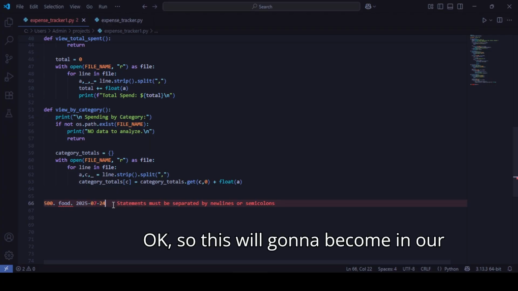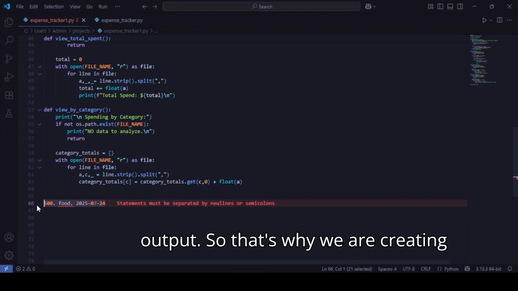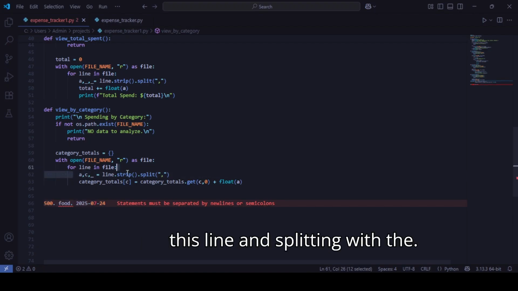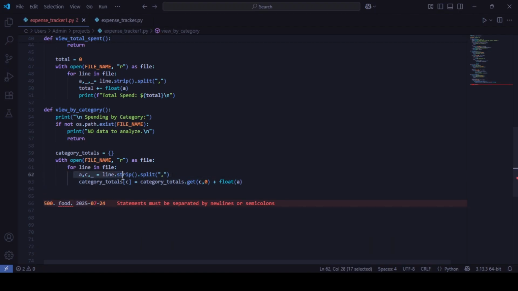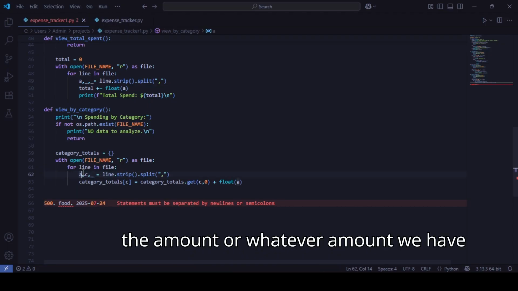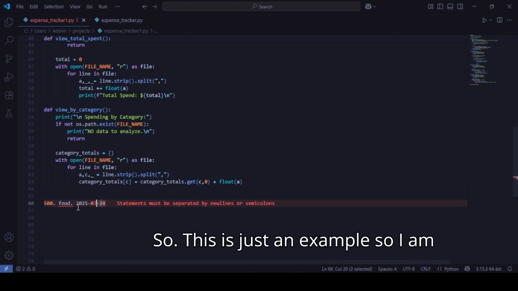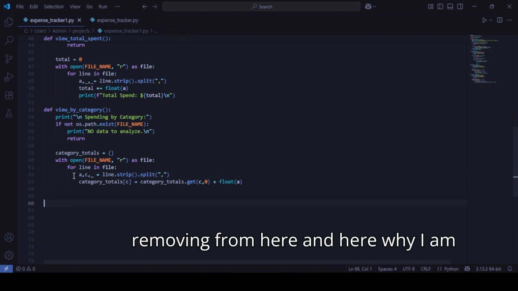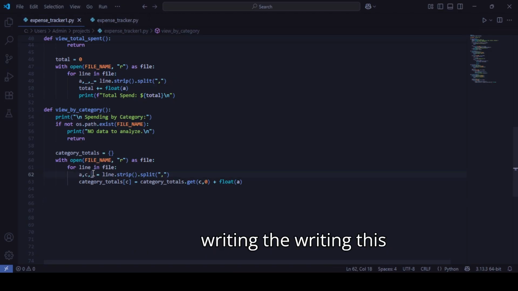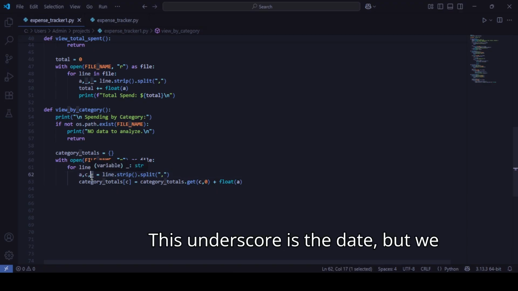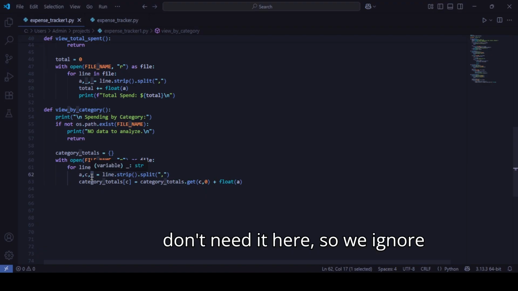Okay, so this will become our output. That's why we are creating this line and splitting with the split function. Here, A is the amount, or whatever amount we have spent, and C is the category. This is just an example, so I am removing it from here. And here, why am I writing this? Because this underscore is the date, but we don't need it here, so we ignore it with an